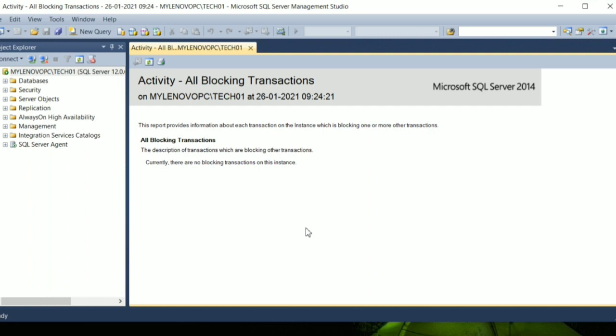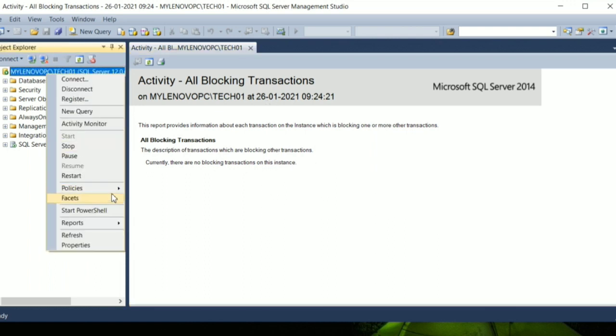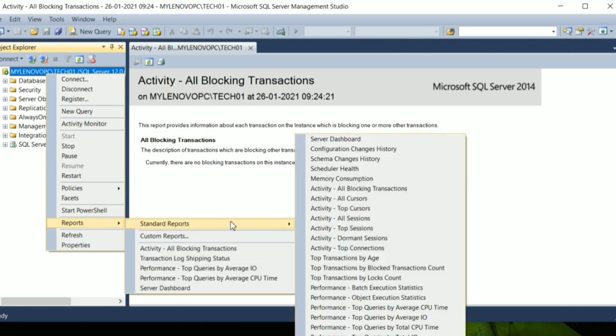If you want, I will give the link in the description, you can watch it. Through Activity Monitor also we can track the blocking session, but the SQL instance report will give you the exact information of the blocking session. As of now there is no blocking session, that's the reason I am getting this message. Like that you can pull the reports for other parameters also.